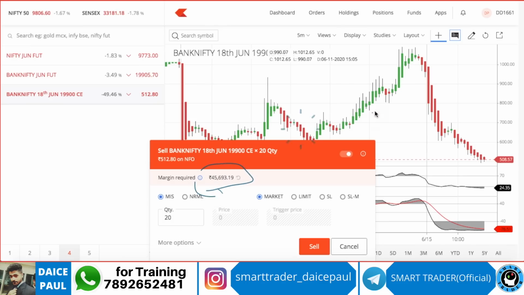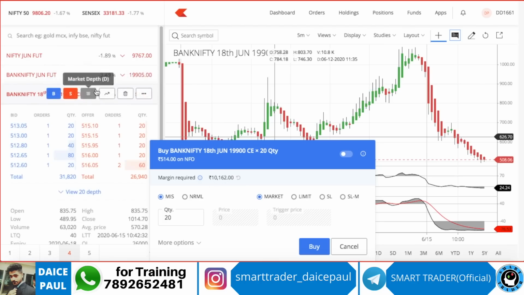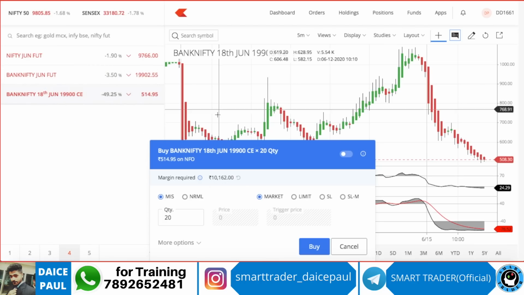When people hold options, options tend to come down because of time value, it comes down to zero. That's the reason a lot of big players try to sell, but they should have big money. Small traders don't have money, they have 2,000, 5,000, 10,000. They basically go with buying, considering they will scalp within a few minutes. So you got a rough idea: buying any option needs less money compared to selling an option.